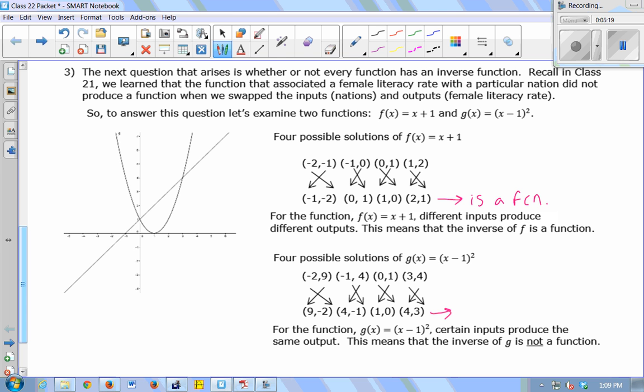Yeah, I have 4 as an input, and it produces 2 different outputs. First, it gives me a -1, and then it gives me a 3. So that means that this is not a function. Because